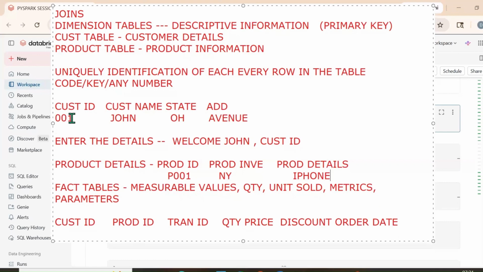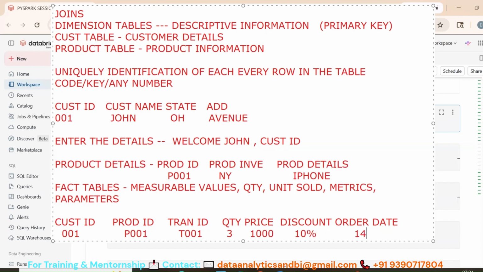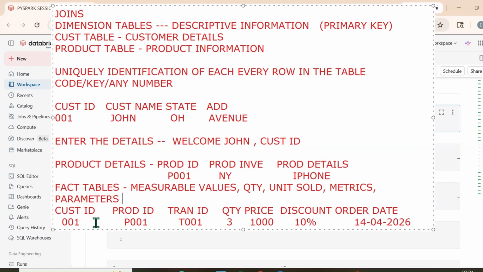For example, John is the customer. John ordered a product called iPhone, P001, with transaction ID, for example, T001, and the quantity is three. He ordered three iPhones, the price is, for example, $1,000, and he got a discount of 10%. The order date is, for example, 14/04/2026. The same John, tomorrow,